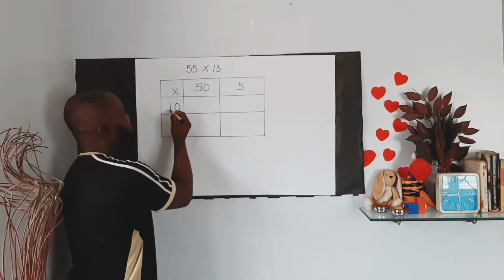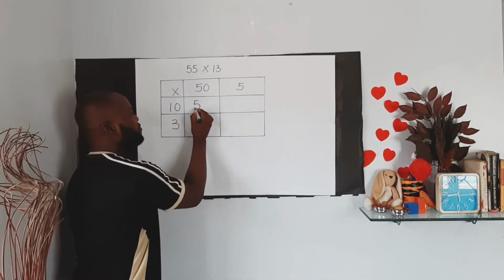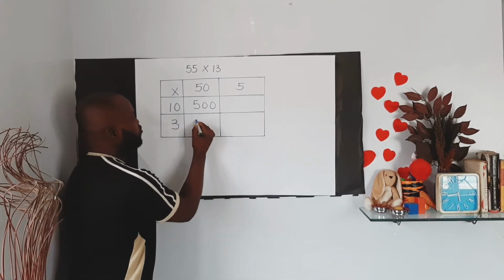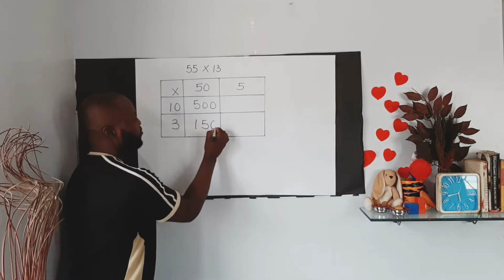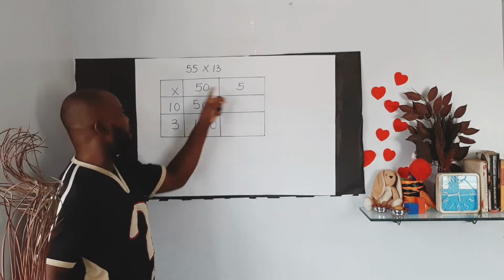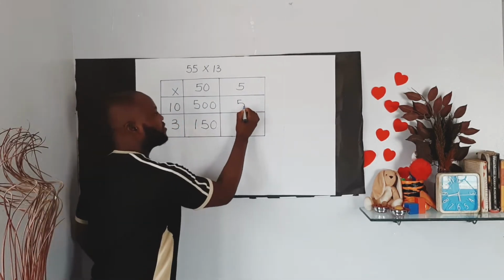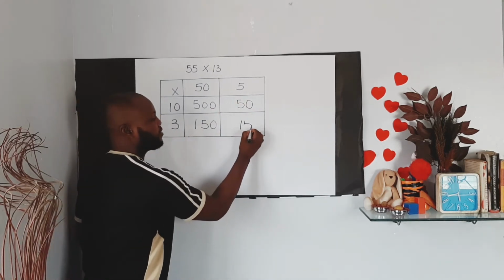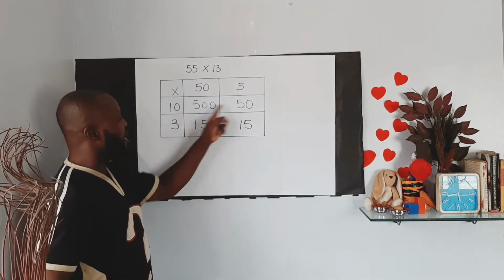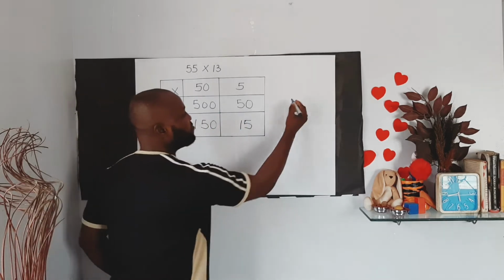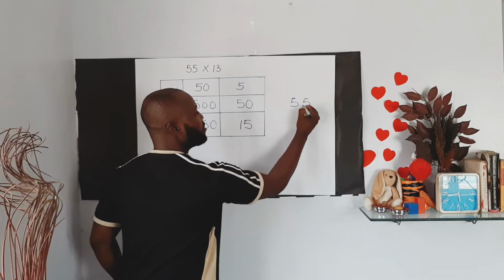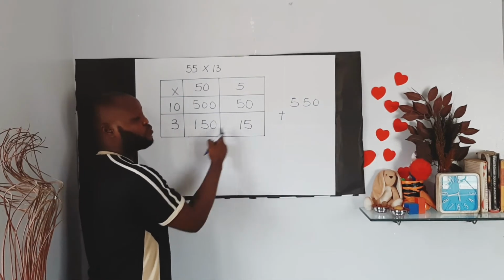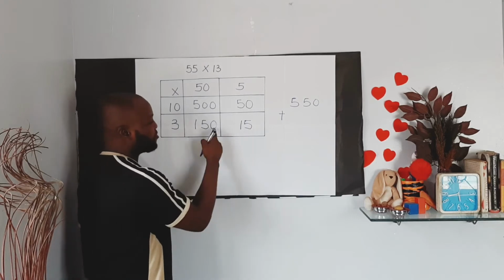So 50 times 10, I'll have this as 500. Then 50 times 3 is 150. Then I'll move on to 5. 5 times 10 here is 50. Then 5 times 3 is 15. So at this point, I'm going to add this. 500 plus 50 will give me 550, plus 150 plus 15 will give me 165, because 5 plus 0 here